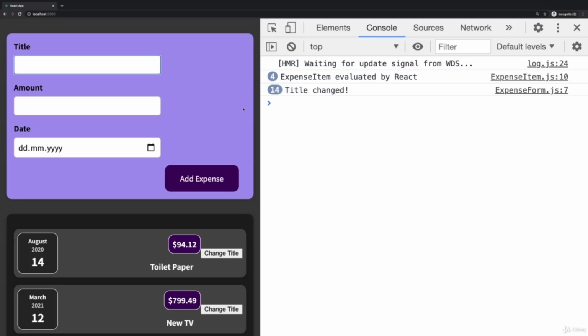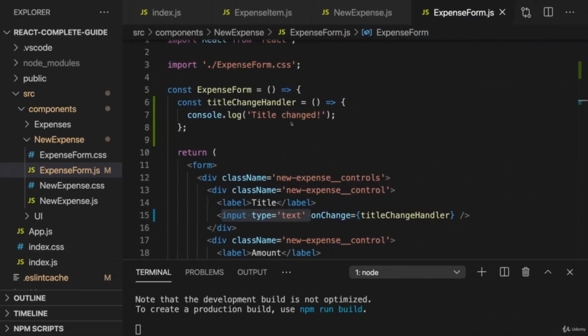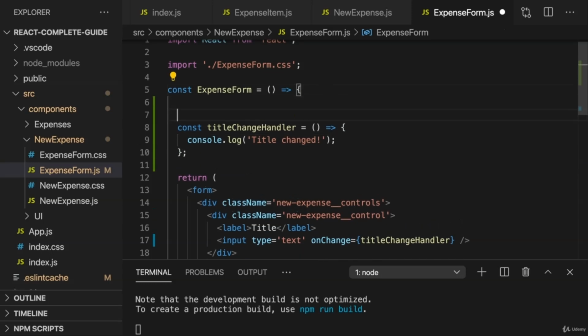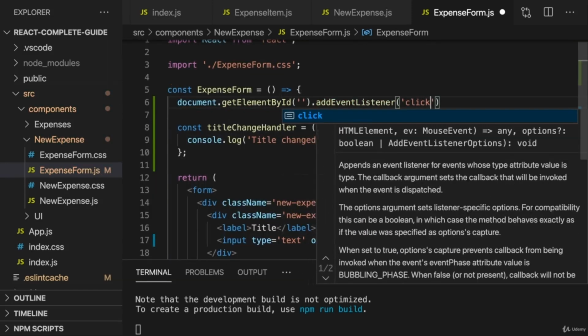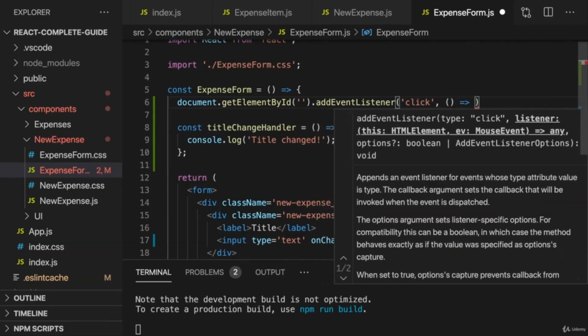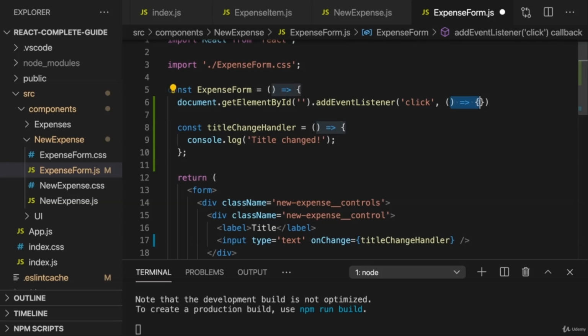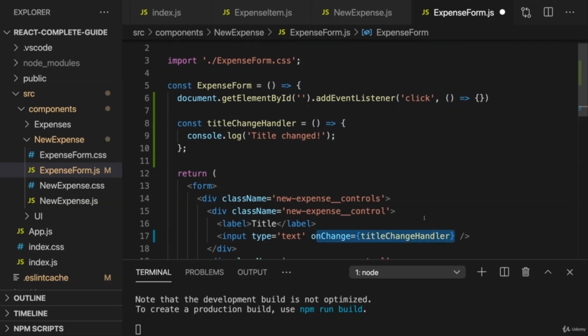Now that's great, but typically we want to get the value the user entered. And the question now is, how can we get that value? Which possibilities do we have here? And the answer is quite trivial, at least if you know vanilla JavaScript, so JavaScript without React. If you would add an event listener to some element in vanilla JavaScript like this, then you would listen to, let's say, the click event, and in the function which you pass as a second argument, which by the way is basically the function you pass as a value to this prop,